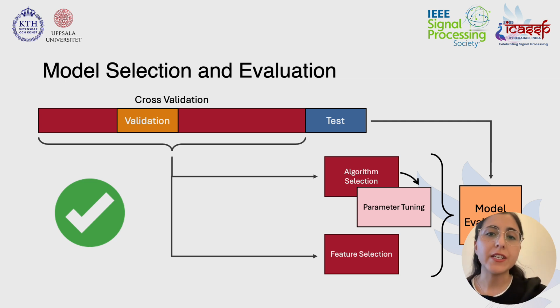For smaller datasets, we use cross-validation to avoid biasing the model toward a specific data split. Nested cross-validation helps with this by using two loops. First, an inner loop for model selection, and second, an outer loop for performance evaluation. Note that the test set here stays completely unseen during model development and training.